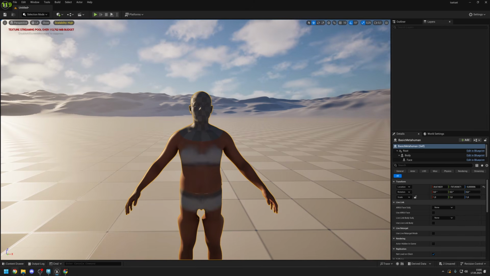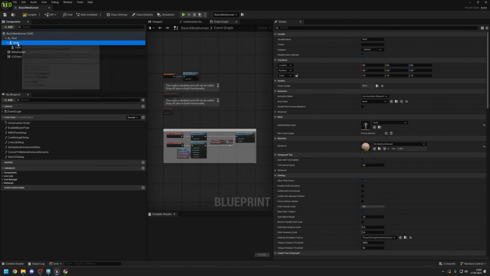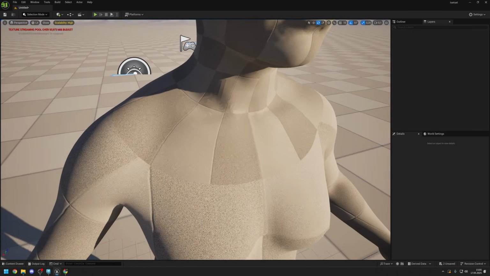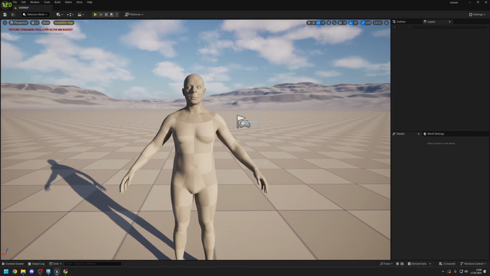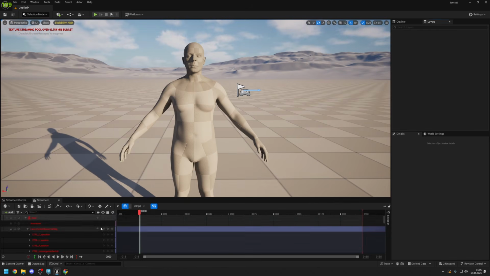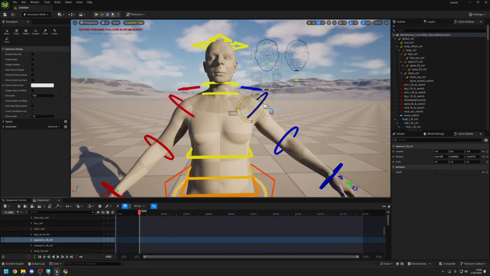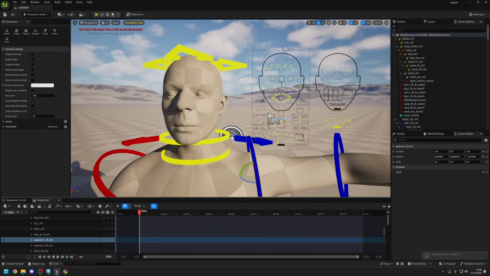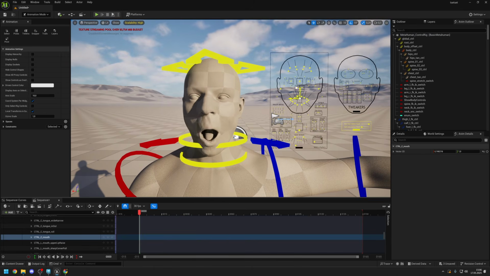So let's clear the material because this issue is because of the materials. I want to show you the fully working Metahuman, and yes, it is working. And as you can see, there is no gap between the seam area, and this is Unreal Engine 5.5. Let's check it inside sequencer as well. Let's open up a sequence. Let's delete this. And as you can see, this is working together with the control rig as well. And there's no gap. And let's check the facial controls as well. Yeah, it is working. And that's it